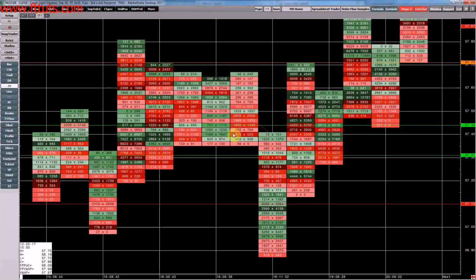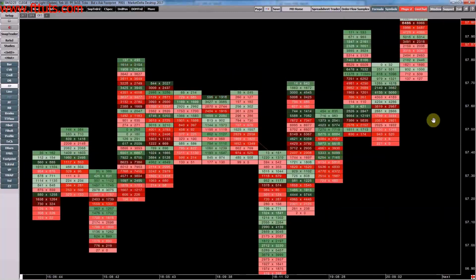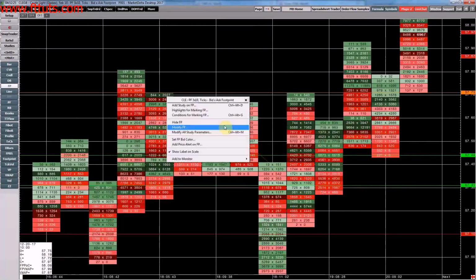Okay, that's the major advantage of time-based. The major disadvantage of time-based, which happens to be the major advantage of rotation-based, is that a lot of the time, time-based doesn't show the auctioning or the trending as well. In other words, what we can see, if I flick between this and I go and say modify,